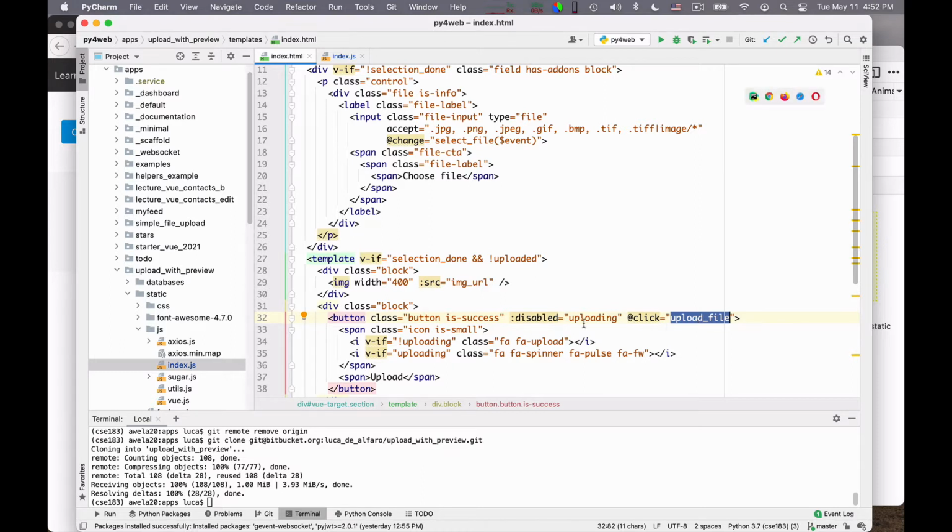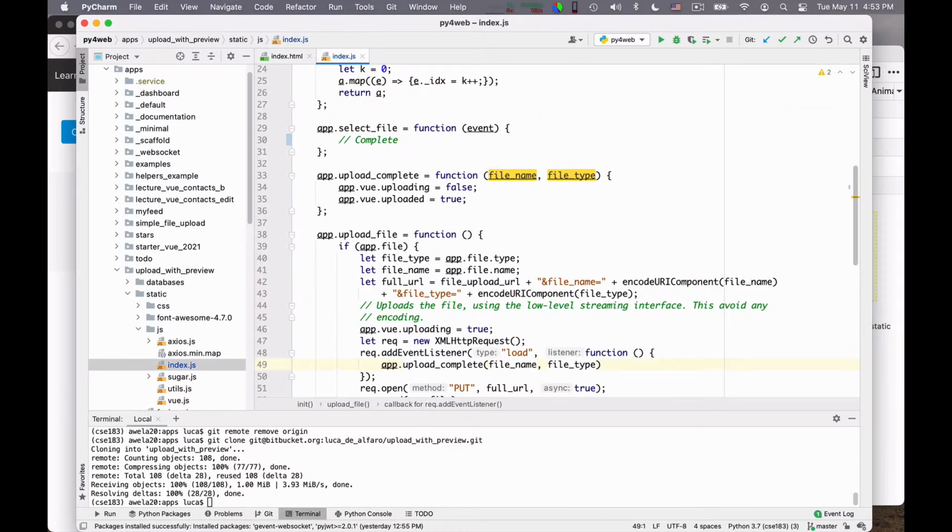Okay? So the interesting pieces are these, that we select a file and then only we upload it. And the other interesting piece here is the story of this image URL that I will show you how to obtain.